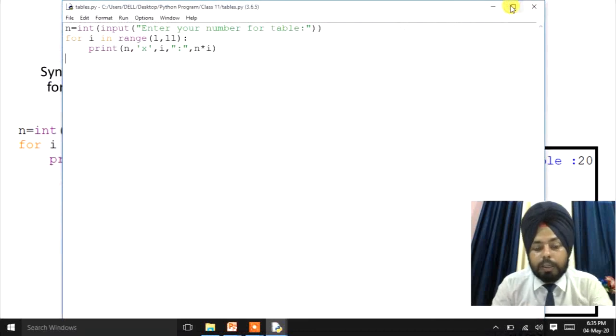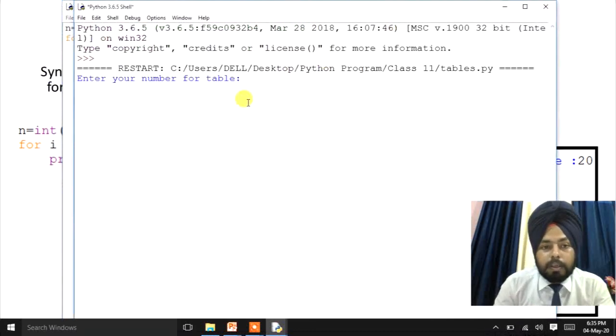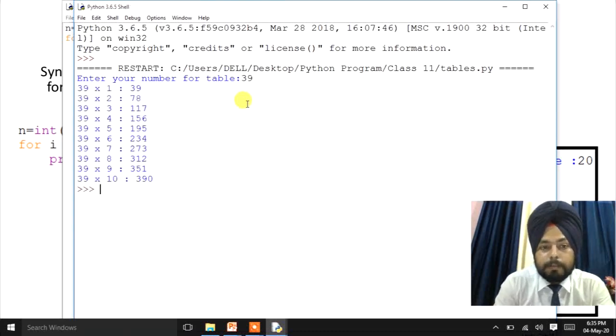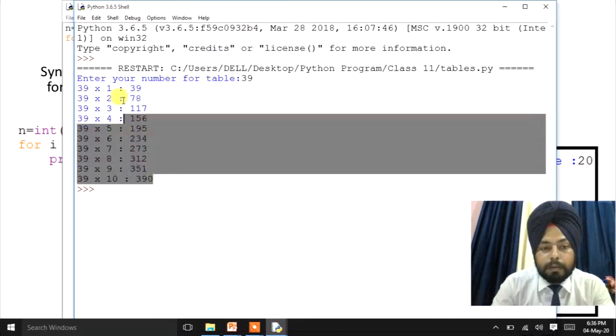Again I'll run the program and use 39. Now it will show the table of 39. Got it?